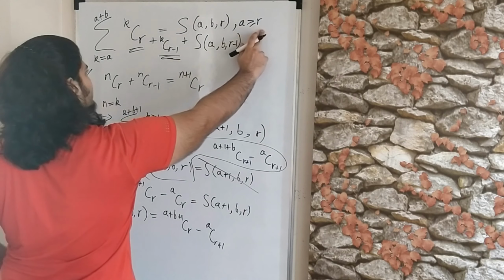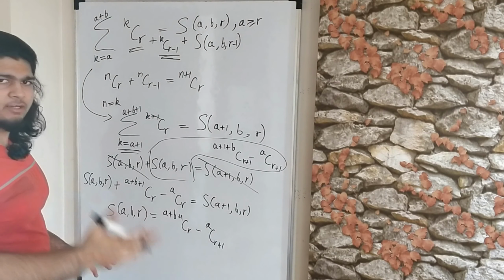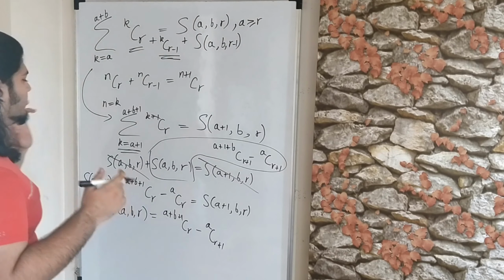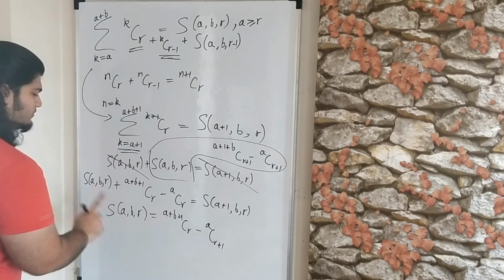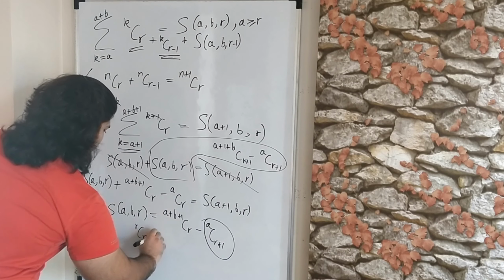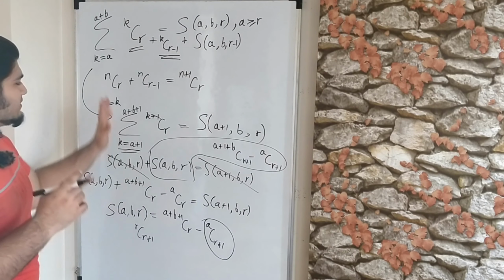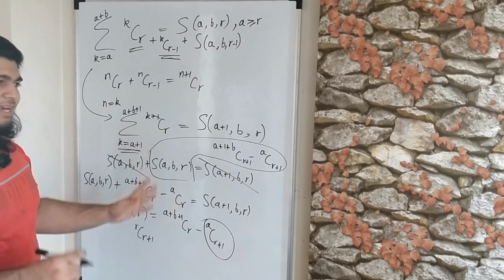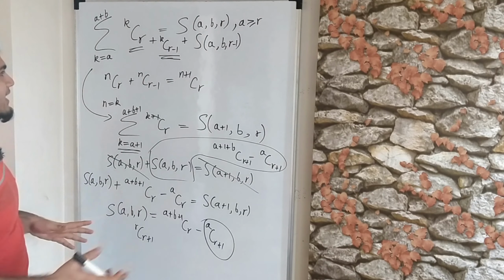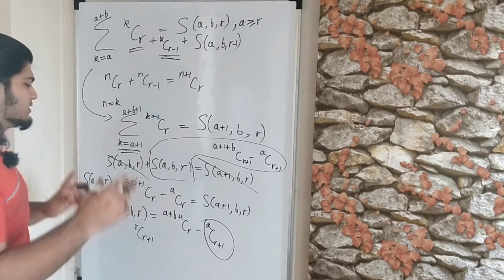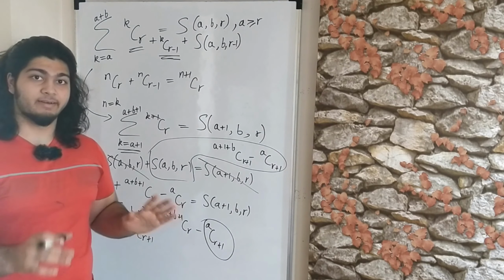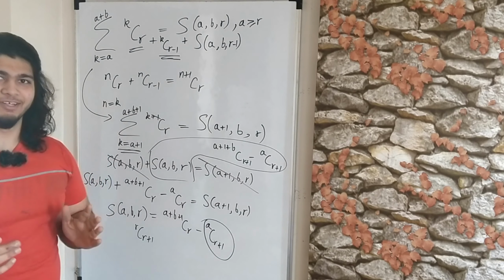Over here we said a is greater than or equal to r. Well, let's plug in a equal to r and see what happens, because clearly for a equal to r the sum is defined. So if you plug in a is equal to r, then this term will be problematic because you'll get r c r plus 1, which isn't defined. So actually somewhere along the steps we have broken the assumption that a is greater than or equal to r, and instead we have made it into a greater than or equal to r plus 1, because if a is greater than or equal to r plus 1, then this will work. So for all a greater than or equal to r plus 1, this will work.